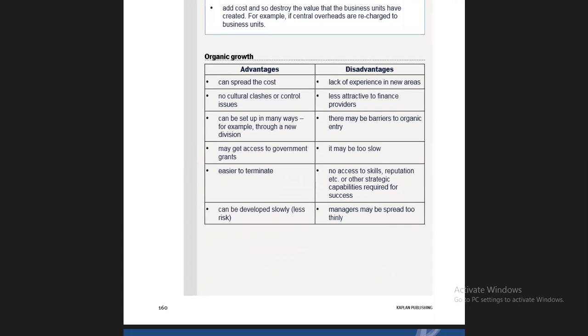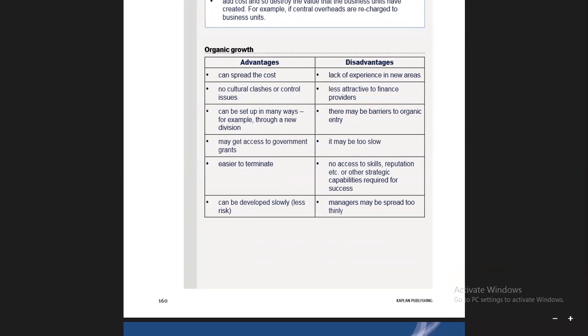You are only believing in yourself and you are growing organically step by step, from small to medium. If we start as an entrepreneur, then partnership, then company, small company, medium company, and then multinational. You are following each and every step of the industry. This is called organic growth. You are growing organically.